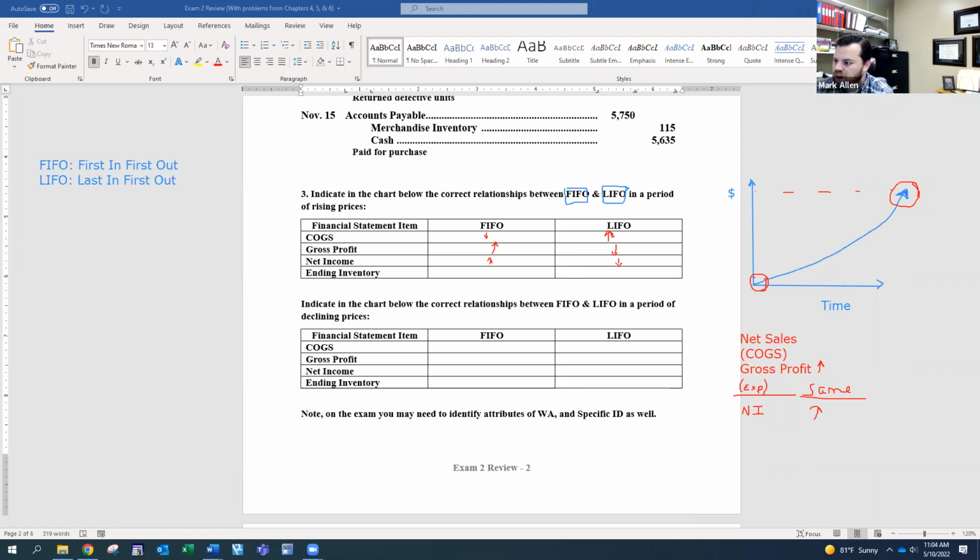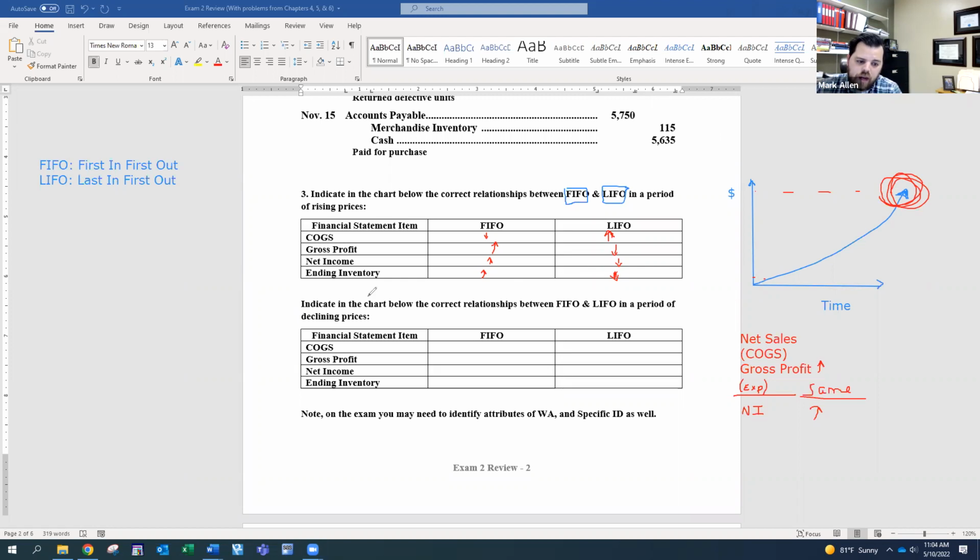And under FIFO, remember, we sold these cheap units first, which means at the end, we have the more expensive units on my balance sheet and inventory. So the higher balance in ending inventory, which means a lower balance in ending inventory for LIFO. There's our setup. That's how this works. And then, of course,